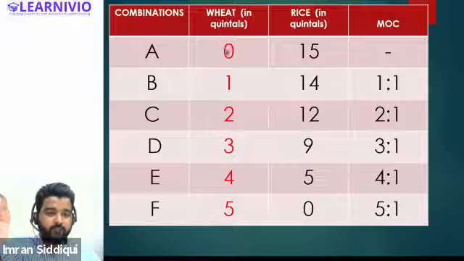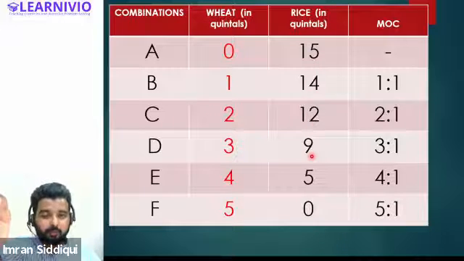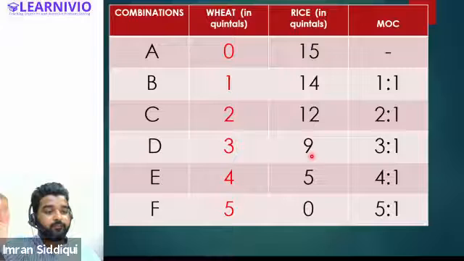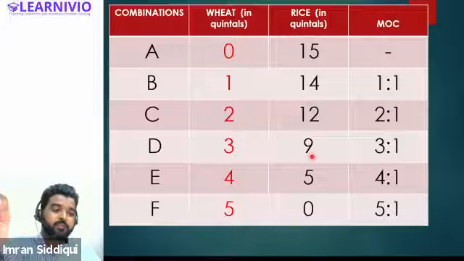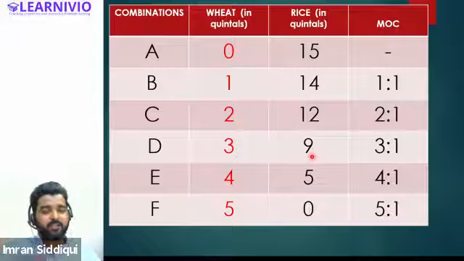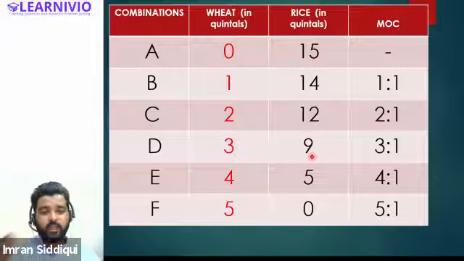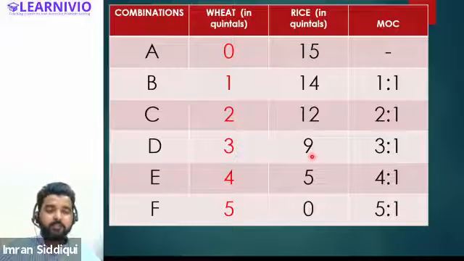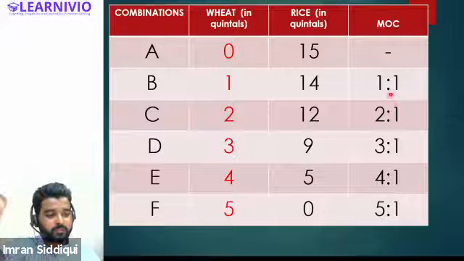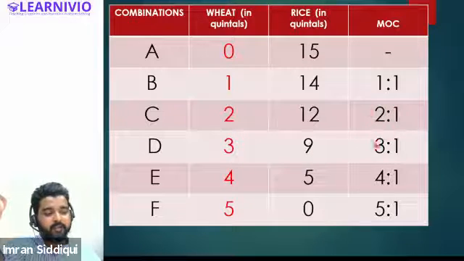For increasing 1 unit of wheat, the producer has to sacrifice more units of rice, because resources are not equally efficient. If resources are equal, resources basically means labor. So labor is moving from the production of rice to wheat, and as the production of wheat increases, the producer has to sacrifice more goods every time, more rice every time.